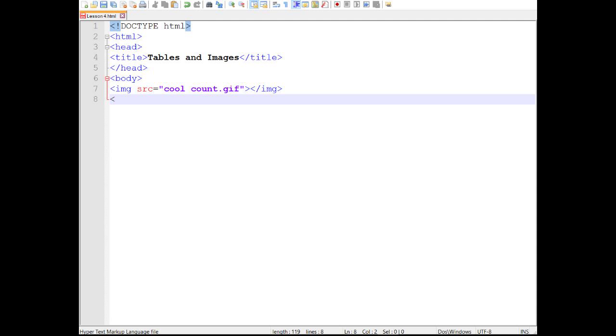So tables. Well, first you just got to start off with a simple table, and that's pretty much it for starting up the table. And now what we're going to do is type in